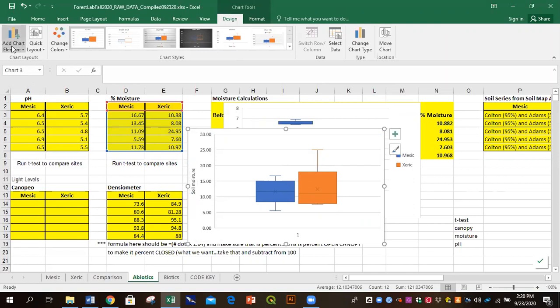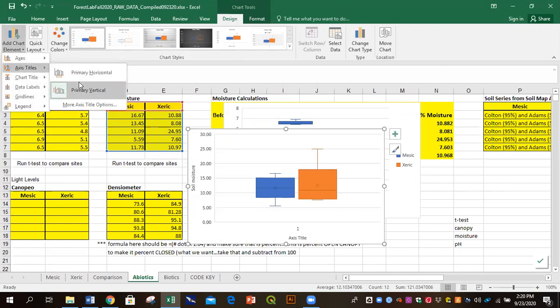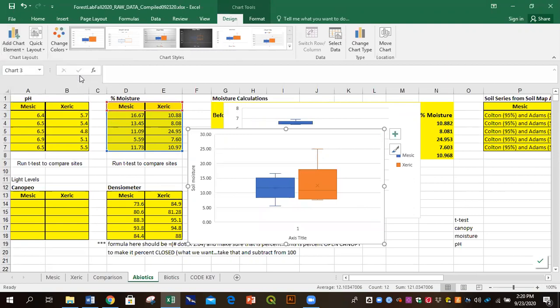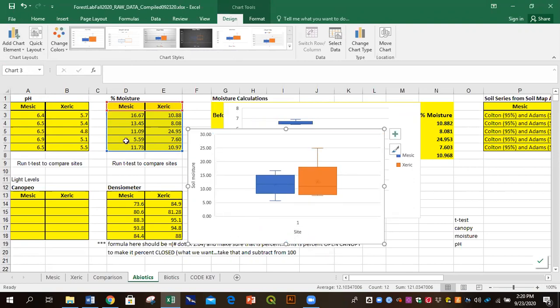Okay, we want to add the x-axis title, which would be site. Okay, and we want to add our legend so we know what those colors mean, right? And now you'll notice,